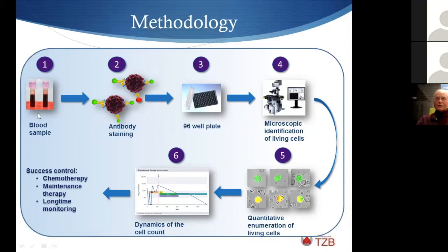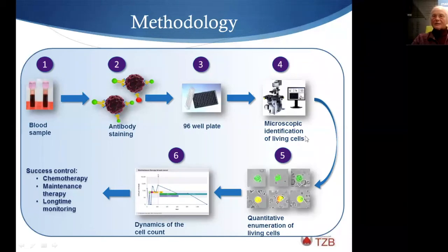If the blood sample arrives at our laboratory, we will lyse the red blood cells, and then we have all the white blood cells and among them the tumor cells, and we stain all the cells with an antibody, but only the tumor cells will stain because only the tumor cells have this surface antigen EpCAM, which is typical for cancer cells. And then we put them into a 96 well plate, and the microscope automatically identifies the